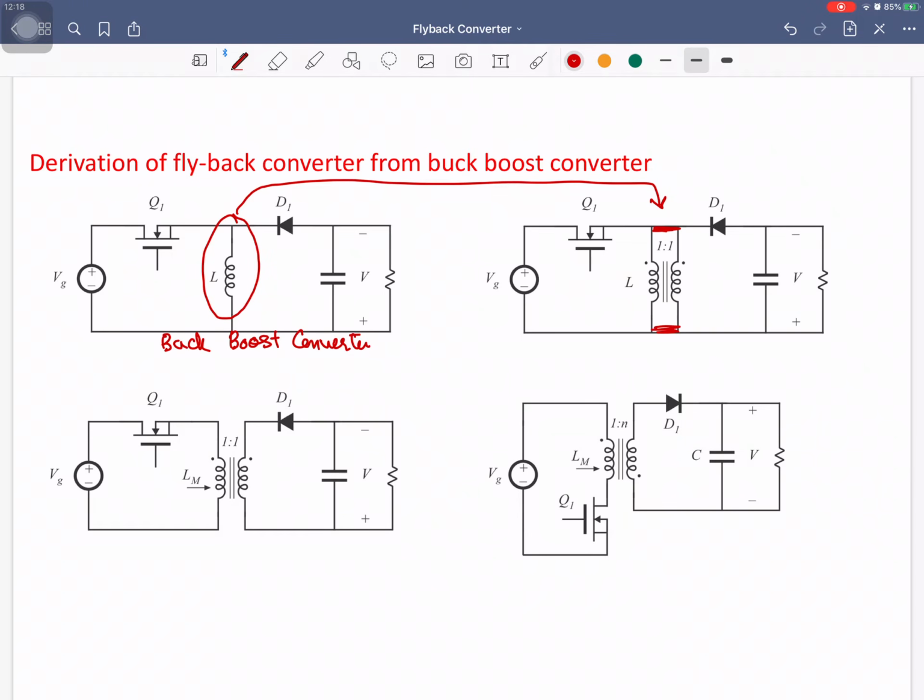And then if I break these two wires, I can represent it like that, isolated transformer, isolated windings, 1:1 ratio. And then if I bring this switch over here, as you can see, it will not change the operation. The other thing that I can do is change the direction of this diode by moving this dot to this side. If I put the dot on this side, now the direction of the diode is changed.